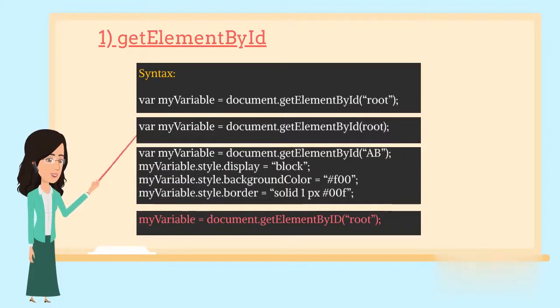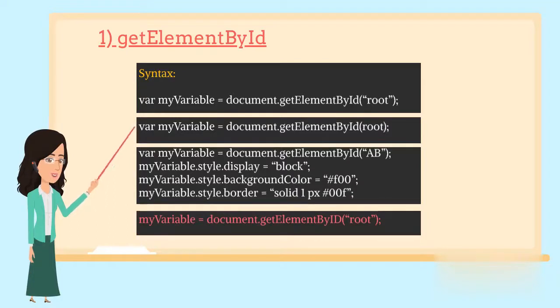It can also be used dynamically as follows. In the second line you can see the variable myVariable equals document.getElementById root. This method places the object that needs to be accessed in a variable called myVariable. myVariable allows your program to access the object directly. It means whichever ID is mentioned, the program will use that object only. Suppose you need to find an ID AB. You just need to use the syntax and replace root with AB.